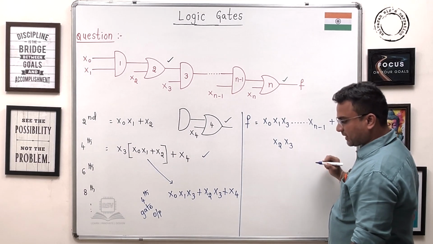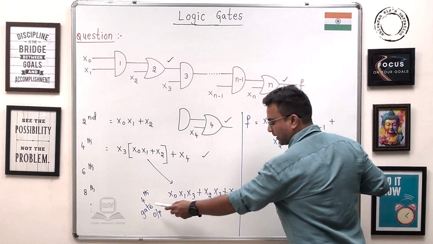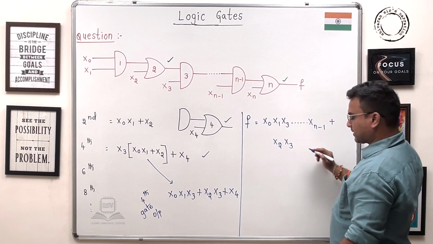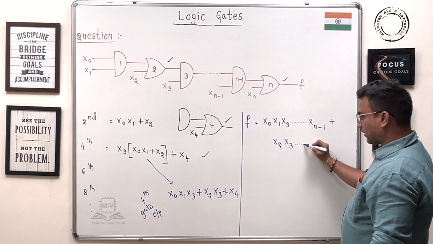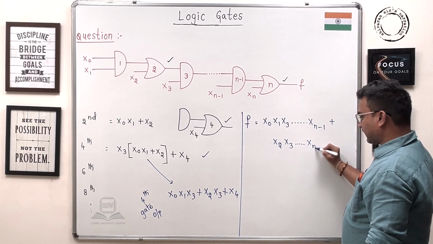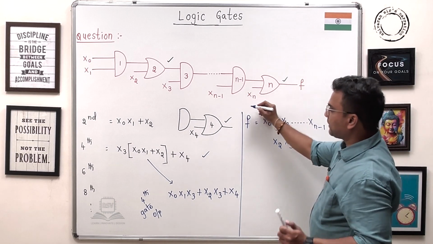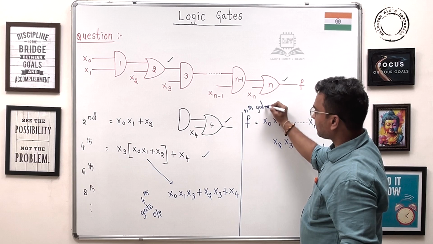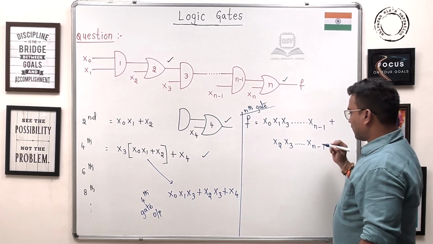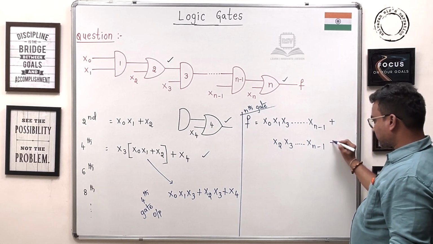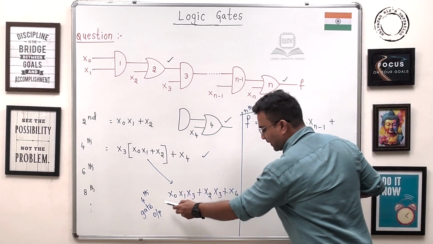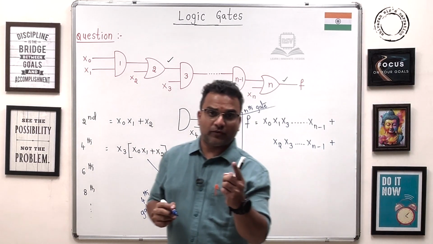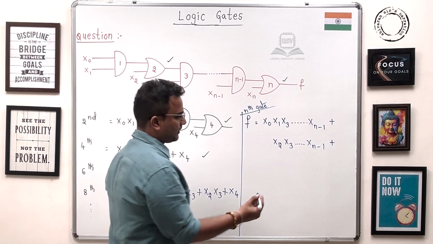Again guys, you can see here for fourth gate till x3 you got, hence x2 x3 and so on xn minus 1, because guys remember this is for nth gate, right? Now again plus for fourth gate x4, hence for nth gate xn,